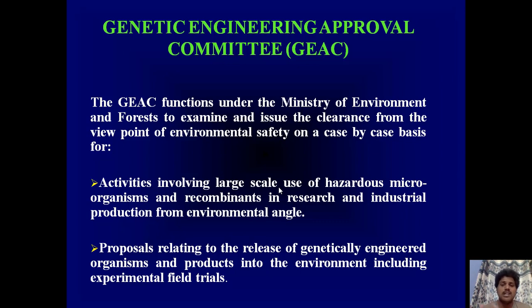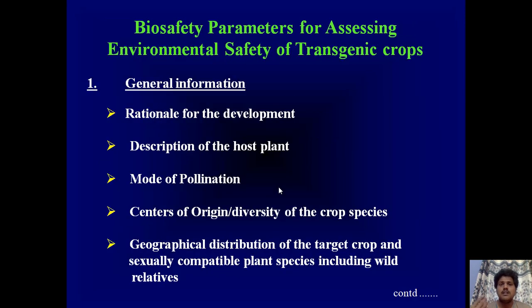So activities involving large scale use of hazardous microorganisms and recombinants in research and industrial production from the environmental angle. Then proposals related to release of the genetically engineered organisms and products into the environment, including experimental field trials. Then biosafety parameters for assessing environmental safety include general information, rationale for the development, what is the necessity of doing this research, description of the host plant, what kind of plant it is, what is its